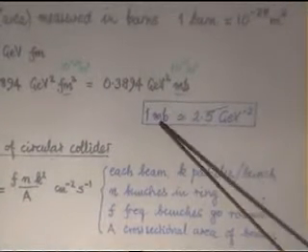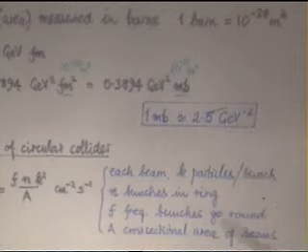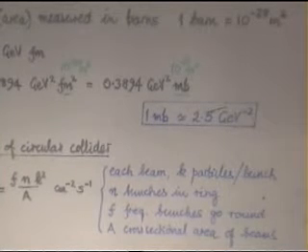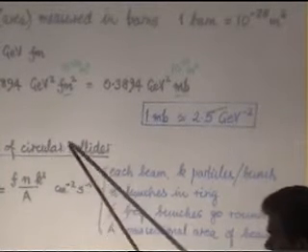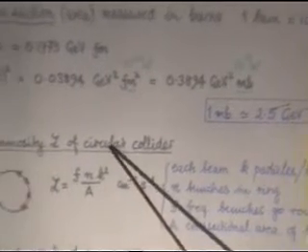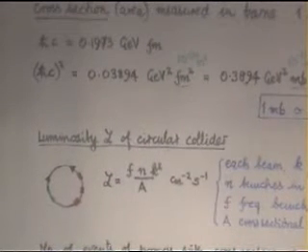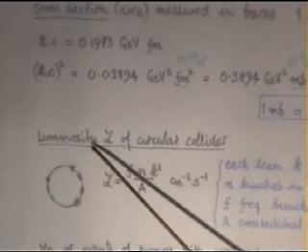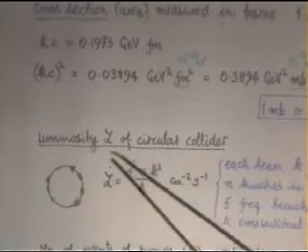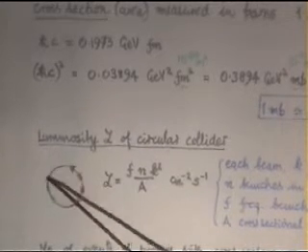Remember that this is a length squared, so this is 1 over a mass squared in dimensions. Now the vital thing, if you're making a particle physics accelerator, is how many events you see of the process you're interested in. So people talk about the luminosity of a collider. And a collider is made of